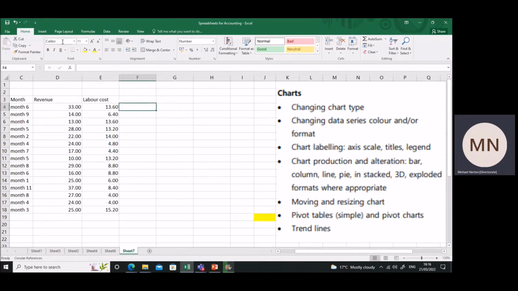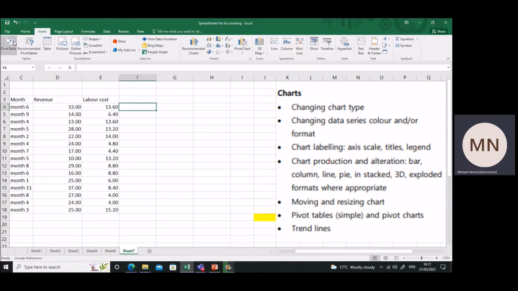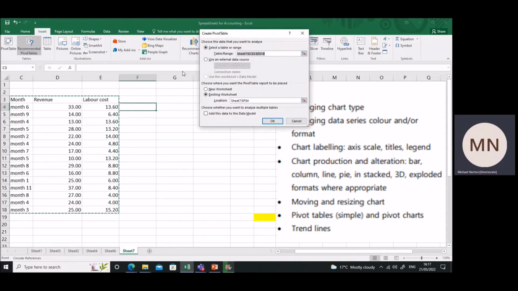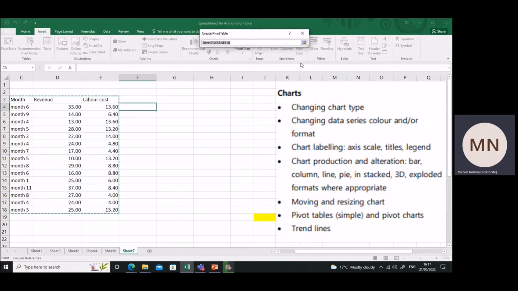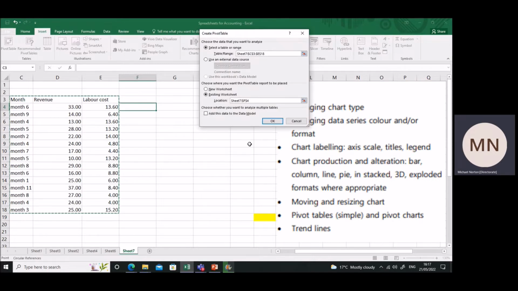So I'm going to insert a pivot table, which is insert up here, and then we've got pivot table here. I'm going to insert a pivot table. Now it's having a bit of a guess. So we'll come out in here, and we'll highlight. I've got the titles here of my table, and then I've got some various different options we've got here. So I'm going to put that in there. That sets it up,